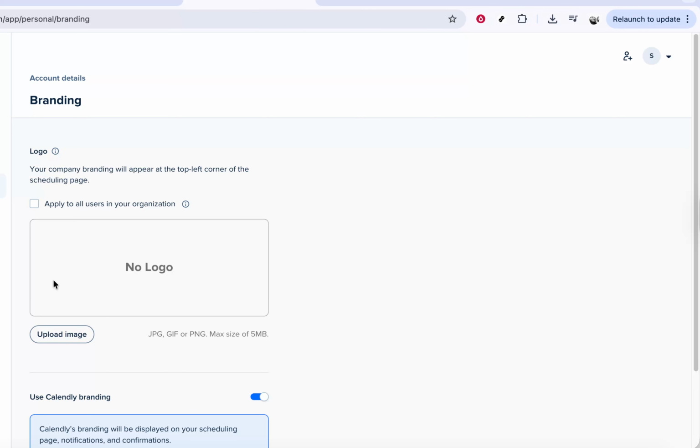Once you're happy with how your branding image appears, scroll down if needed and click on Save Changes. This step is important because if you navigate away without saving, Calendly won't keep your new image. When you save, your updated branding will be applied to your scheduling pages, so visitors will start seeing your new look right away. That's all you need to do to add your branding in Calendly. With just a few clicks, your booking experience now looks more polished, consistent, and